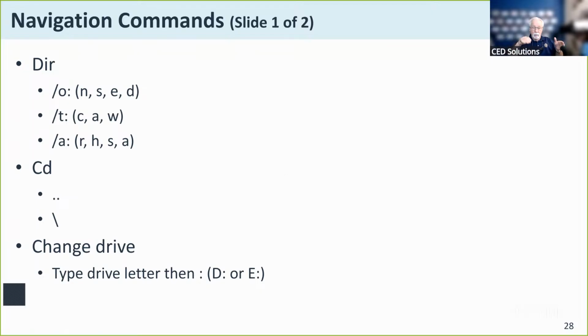If I want to back up one directory at a time, I type CD .. and that backs me up one, CD .. backs me up another. If I want to go to a particular directory, I do the change directory and give it the directory path, or even the disk drive, and it will immediately relocate me to that drive.